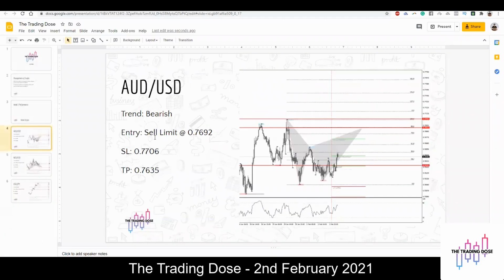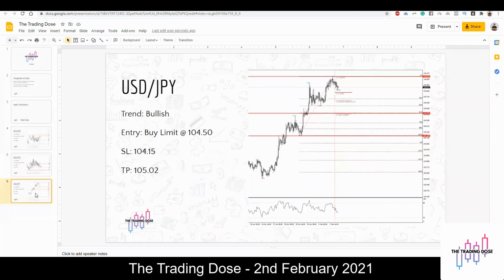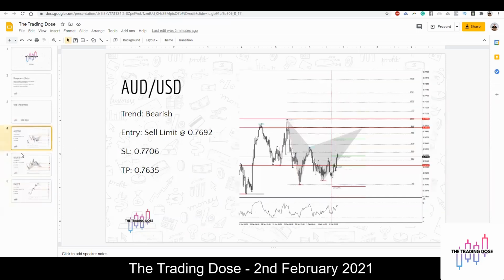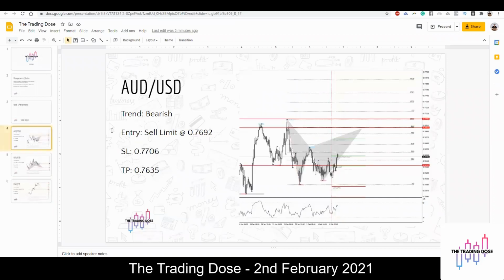Okay, we are looking at 3 potential trades here. Aussie dollar looking to sell. New Zealand dollar we're looking to buy, and dollar yen here we're also looking to buy. So that's quite a good mix in the direction of the dollar here. New Zealand dollar, of course, if you're buying this pair, you're selling the dollar, and of course, these two here, you're buying the USD, right? So you want to factor all those things about risk exposure in as well,